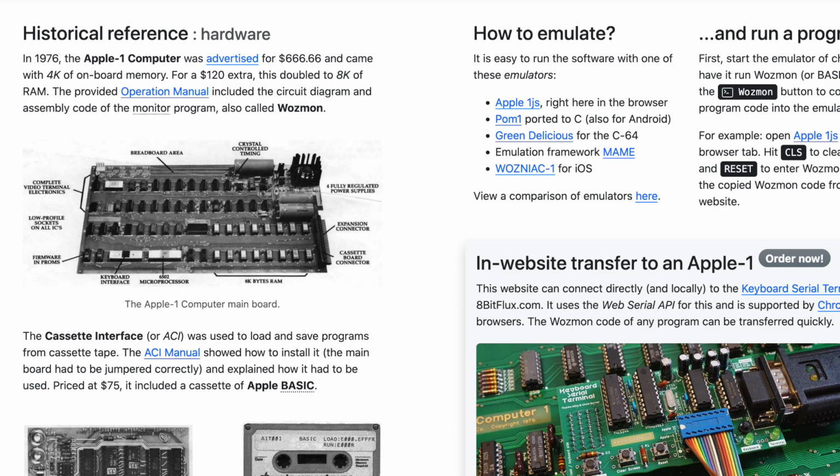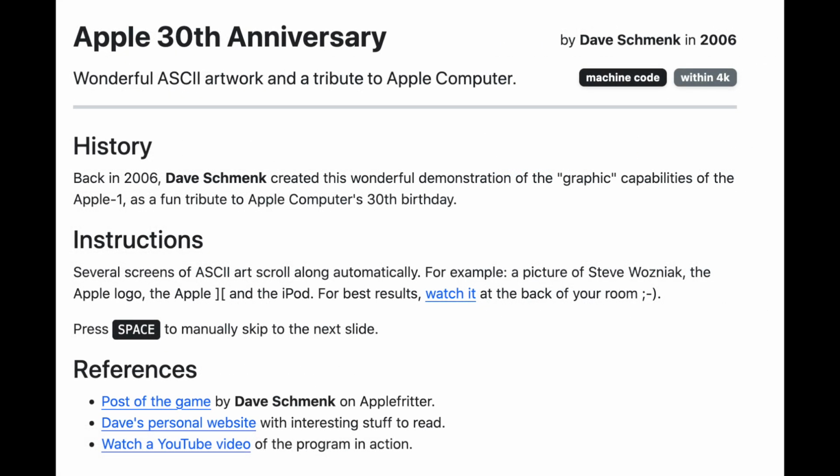And on this website, you can download both the binary for the program, the Wasman hex dump for the program, and you can even serial in an Apple-1 or an Apple-1 replica to run the program instantly on the real machine. This is actually where I ended up downloading most of the demo software that I showcased today